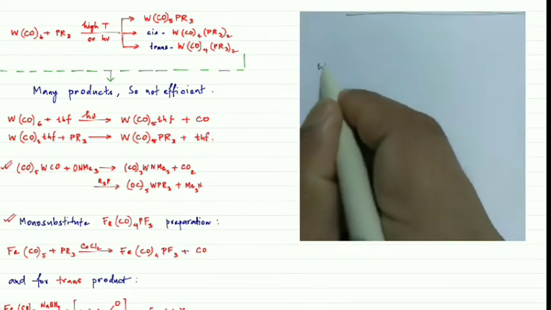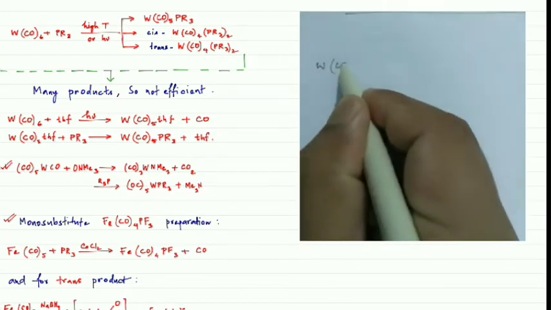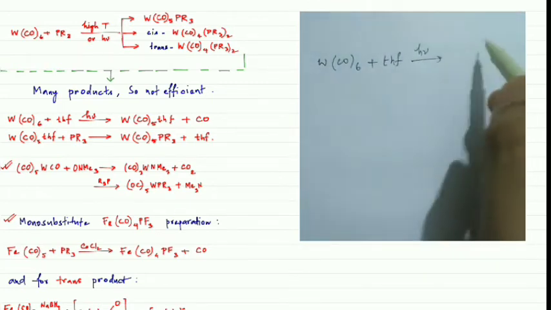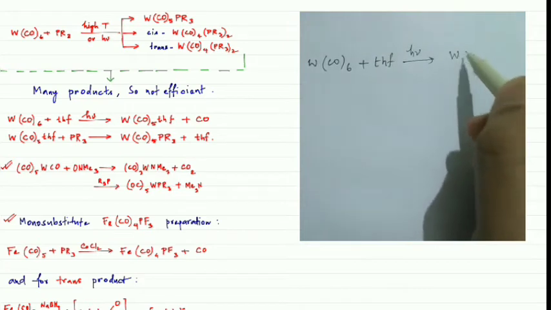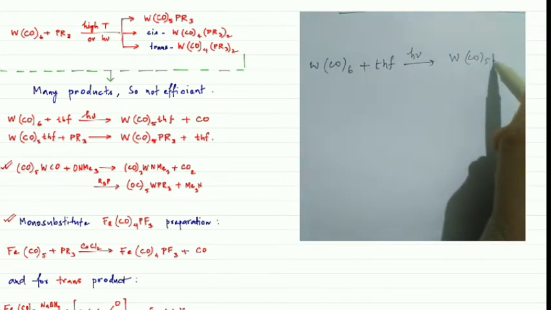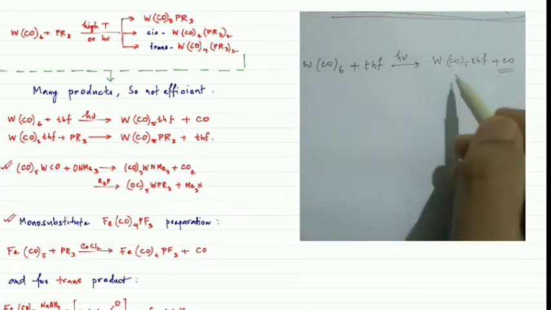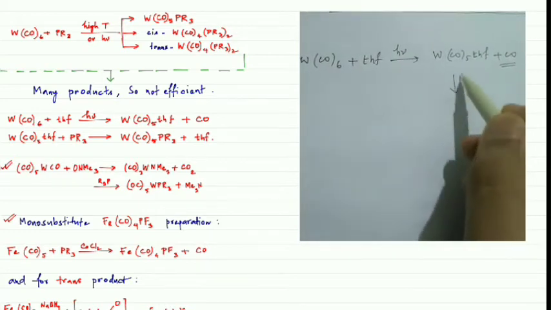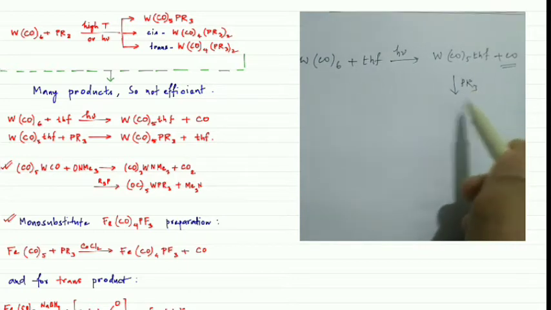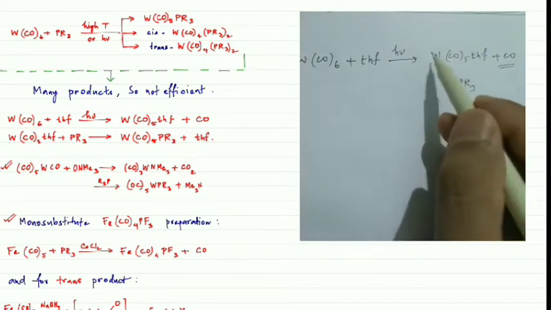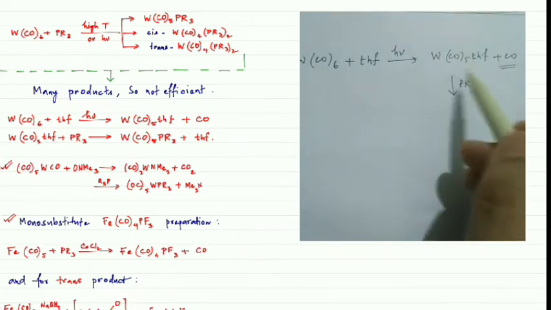The first technique is they use tetrahydrofuran in the presence of radiation, and they get a tetrahydrofuran complex plus carbonyl. Okay, so using this one, the bond between the tetrahydrofuran and the tungsten is not so strong, so